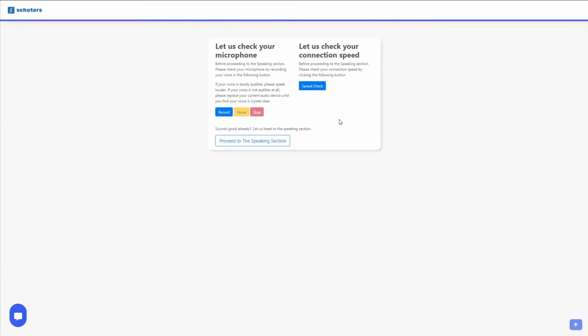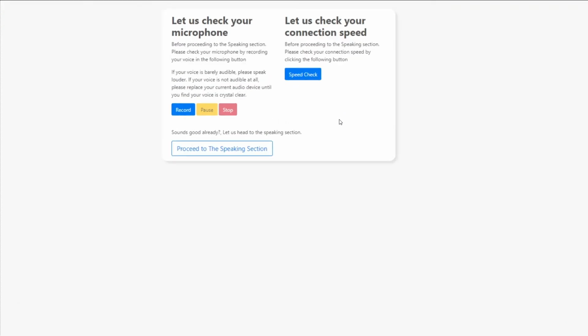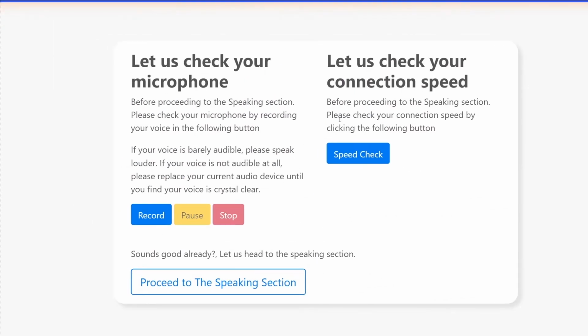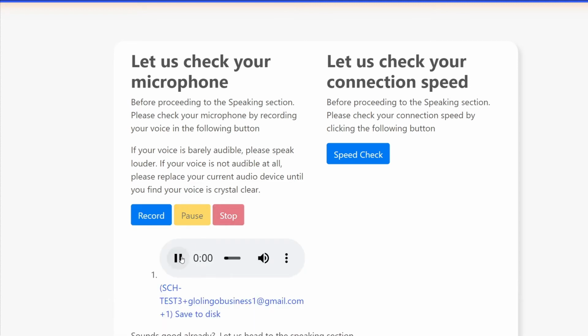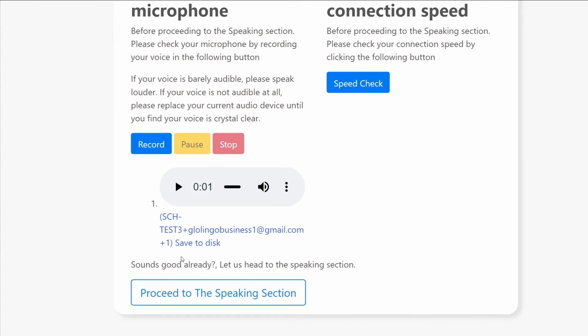In the speaking section, you will find this following page. This page will test your internet speed and the microphone usability. Make sure to click Record and click Stop. Make sure to click Record, and here you will find your recording, and if it's audible, with no noise inside, then that's safe. If you find some noises or stutterings, please be sure to replace your microphone or move to the